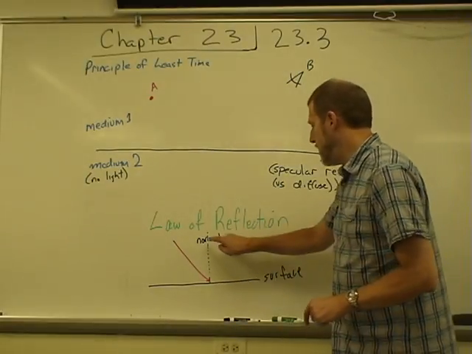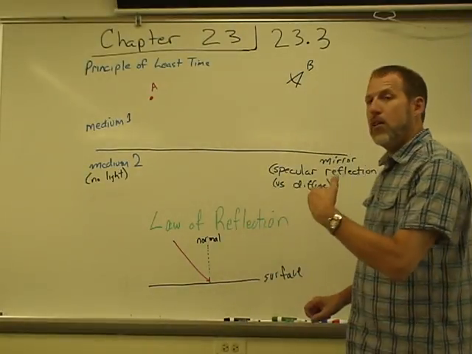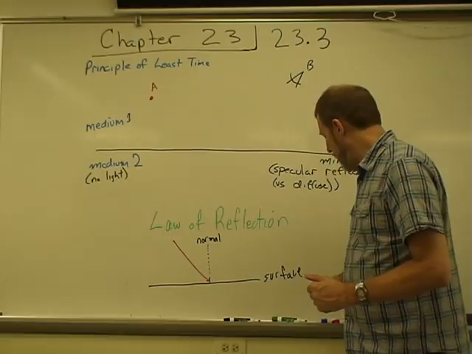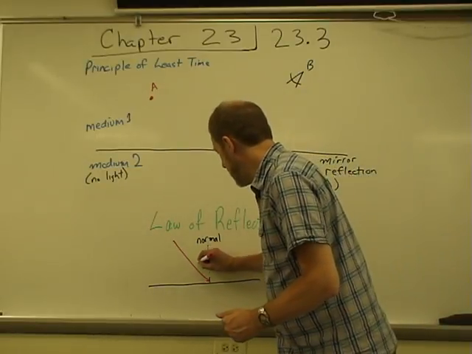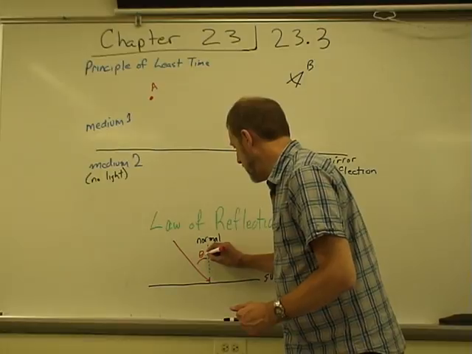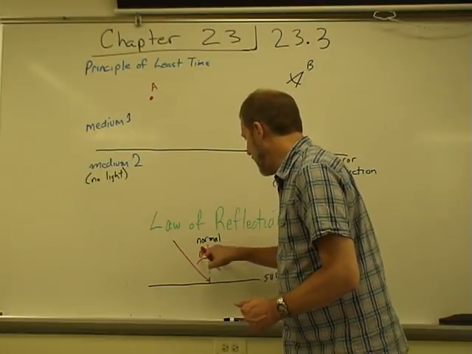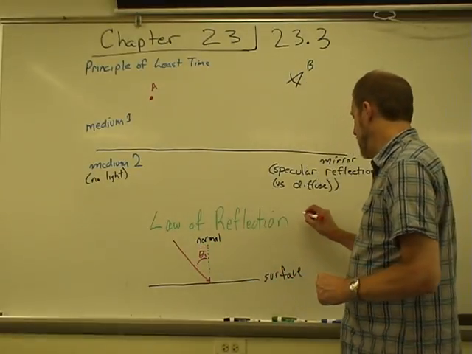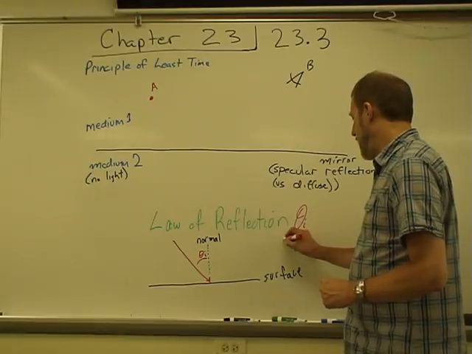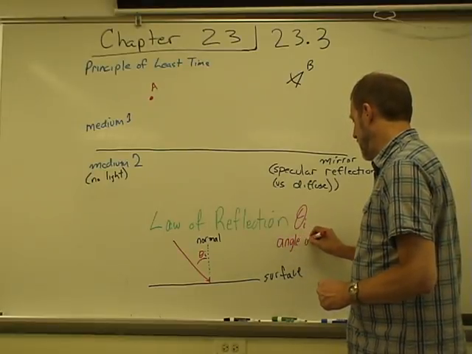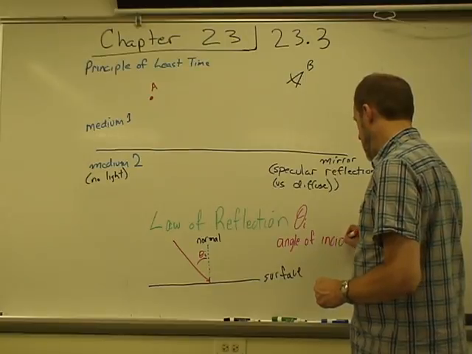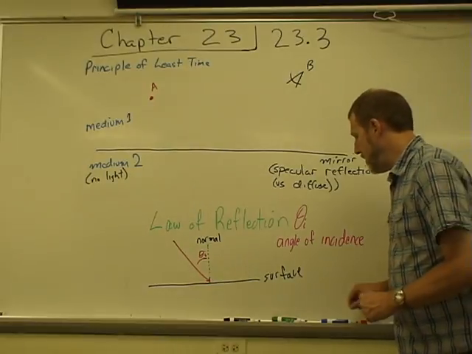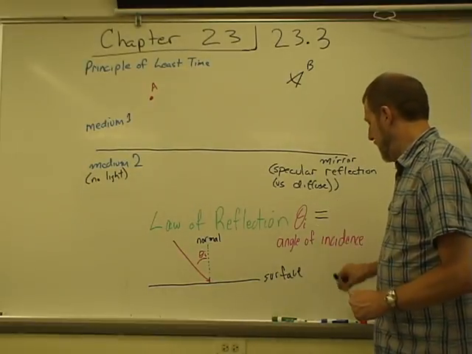I'm going to draw a line, the normal, or perpendicular to the surface, and define that light by the normal. That's theta, or angle, sub i. So theta sub i, the angle of incidence, is equal to